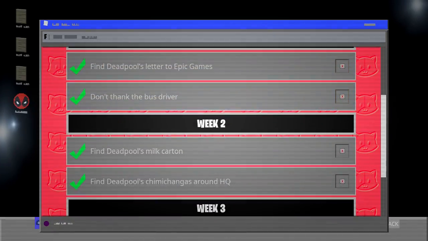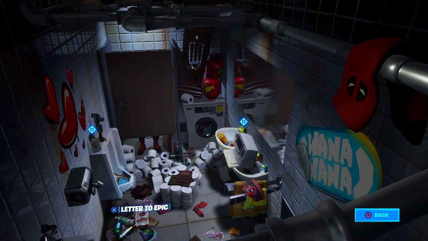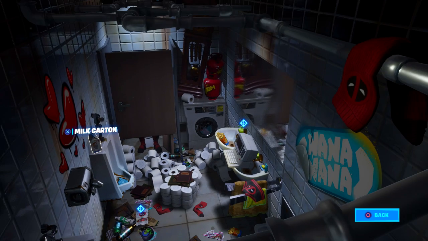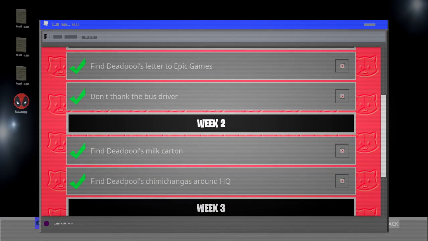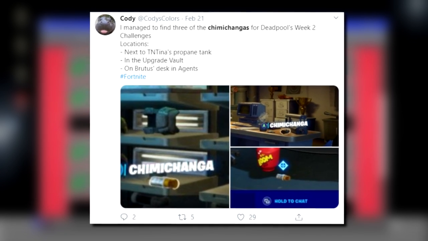For week 2 we have find Deadpool's milk carton, which is here on the left to the letter, so you literally just click left again on the D-pad and you will find it if you haven't already, select it and pick it up, and find Deadpool's chimichangas around the HQ, all the locations of which are clearly displayed on this